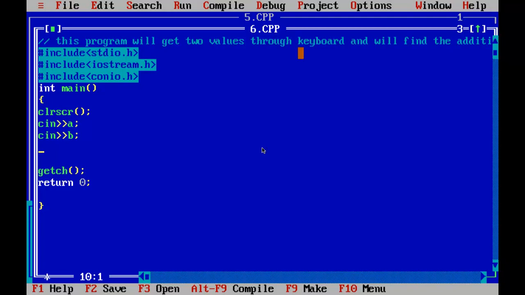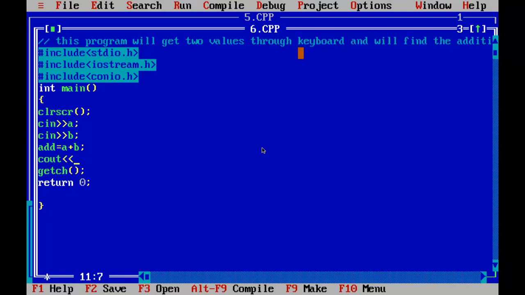How to find the addition? You will take another variable, add, assign A plus B. We want to find the addition of A and B, and the result will be stored in add. After finding the addition, we want to print. To display the result, the cout statement we have discussed before.